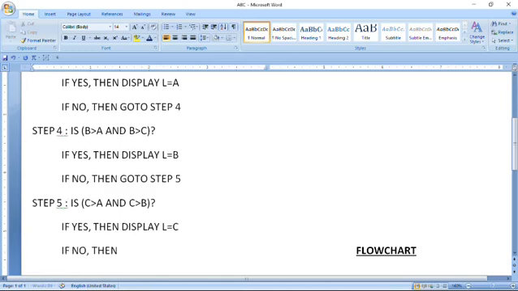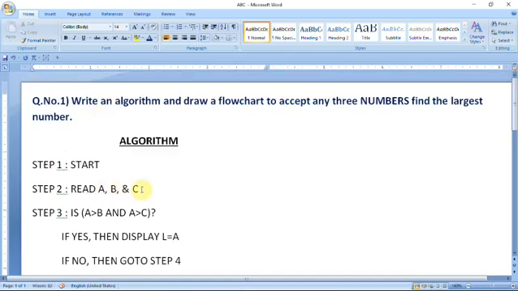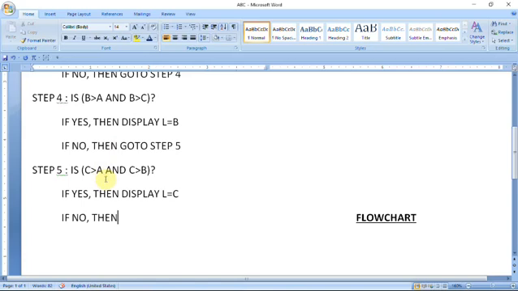then what to do? If A is not the largest number, B is not the largest number, and C is not the largest number, if all the conditions become false, then what happens? It means you have made some mistake in your program. It means invalid entry. Then display invalid data, or you can also write invalid entry. The user might have entered invalid data, so no condition is satisfied, because we have only entered 3 numbers. It means the user might have entered invalid data or wrong data.